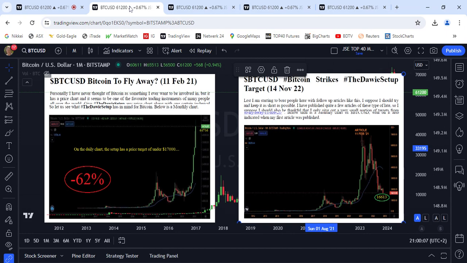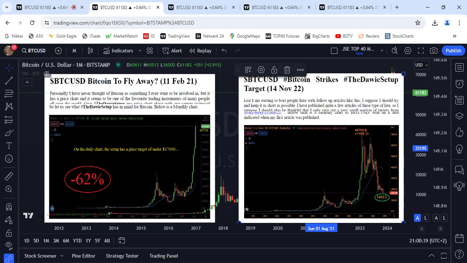Here you will see, and don't worry about the small text there between the chart and the article name and date. This is just to show you that I've pasted the two together. And this is the first one. The very first article was written on the 11th of February 2021. This is a monthly chart I refer to here, and you can see there just the yellow quote on the daily chart. The setup has a price target of under